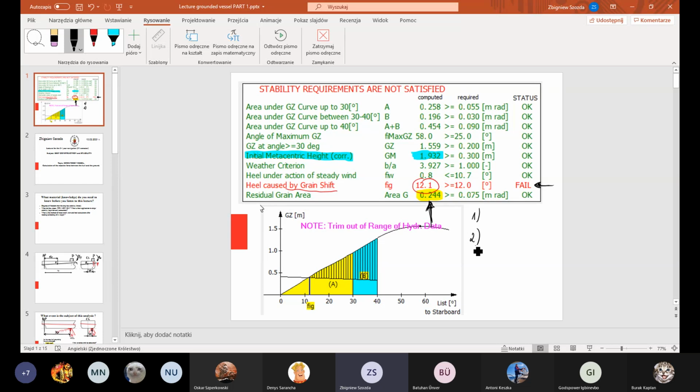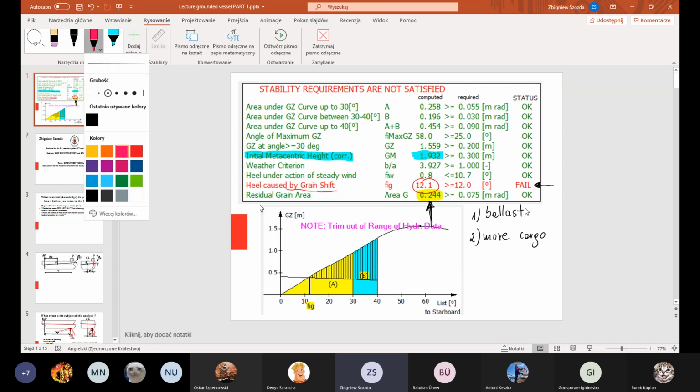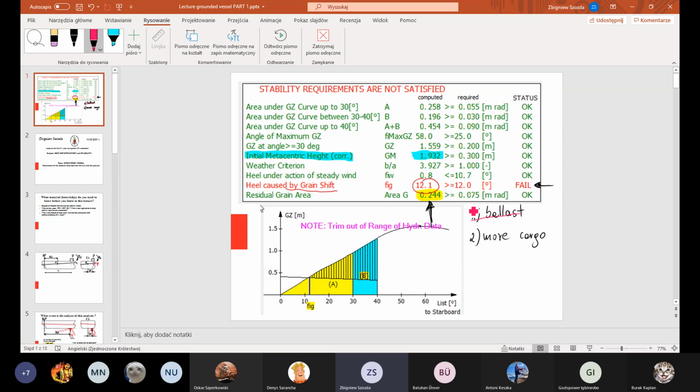You considered two options. The first option was ballast water into a double bottom tank, and the second option was more cargo into the hold. And your summation was that the first option will not work in our case. It is general, of course, but in our case it will not work because all ballast tanks are full. Am I right? Yes, sir. As we check the loading condition of that vessel, at that weight, at that displacement, all our ballast tanks had already been full. So the general idea is correct, but in our case, it may not be applied.